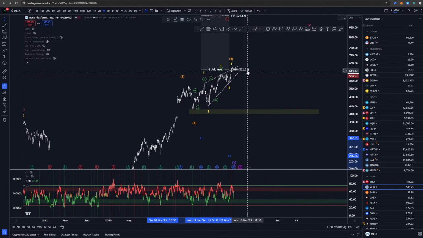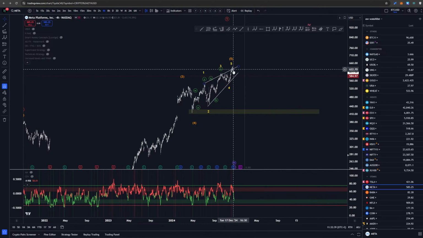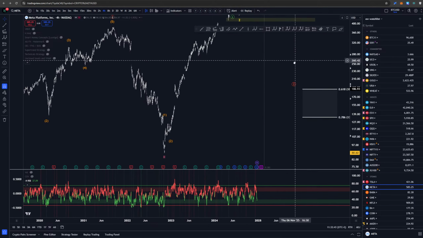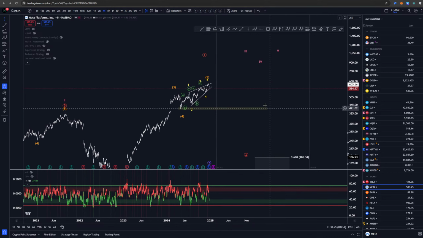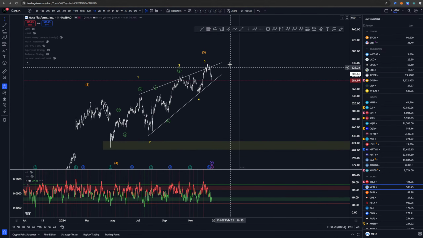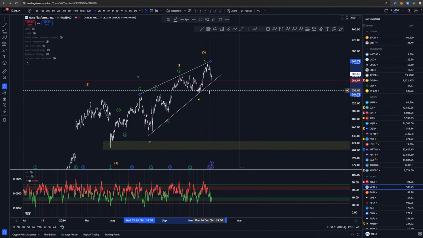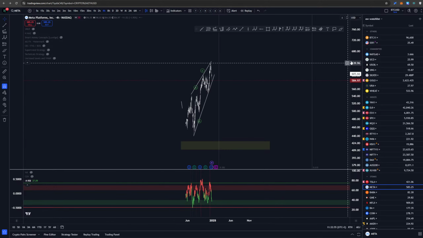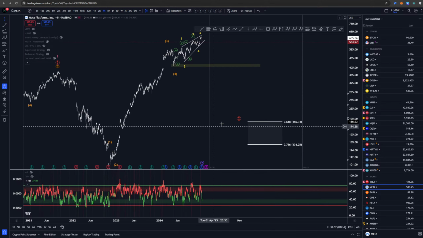Meta, this was the account that we've been following. We've been looking for it to create this diagonal in here. I mean, this is super bearish, I have to say. But am I willing to short Meta that has gone up, let's see, how much is this? 600% since 2022. Oof.